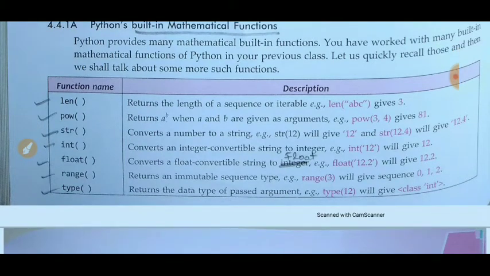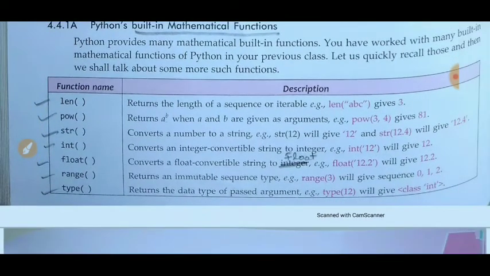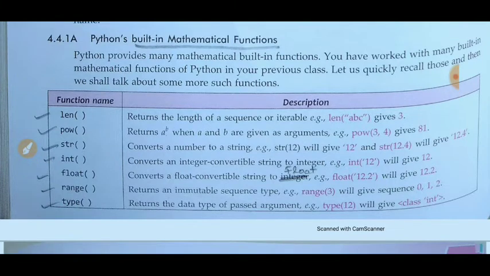Similarly, str function converts a number to a string, like str 12. So this time 12 is passed as an integer, but after performing str function it will give answer like 12 in quotes. That means it is a string. Suppose we are giving value in terms of float, like 12.4 is a float and we want to convert this value into a string, then we have to use here str function. So it will return answer 12.4